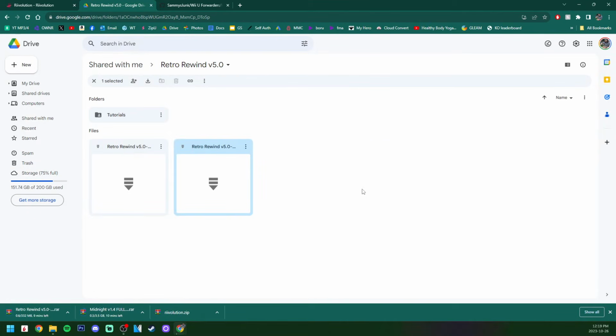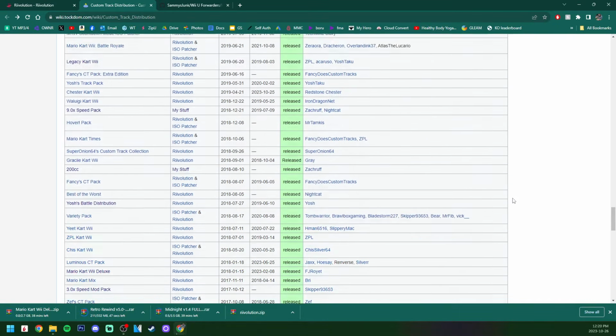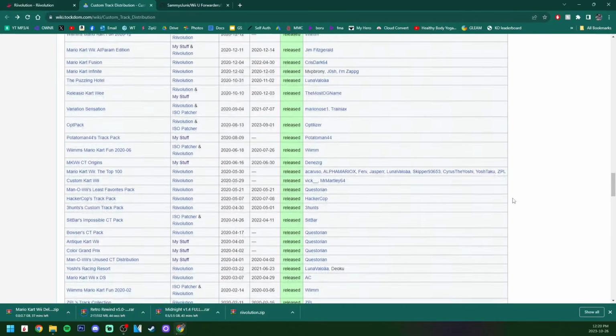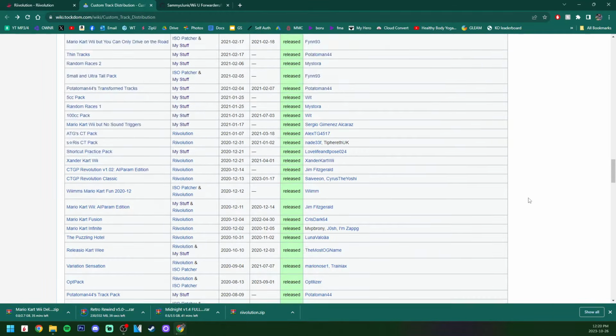Download anyway. And it'll download that package right there. But now that I have those three, that is all I'm going to download for today. But you can keep looking for mods if you want to have more. You can have as many as you want, as long as it fits onto your SD card and does not